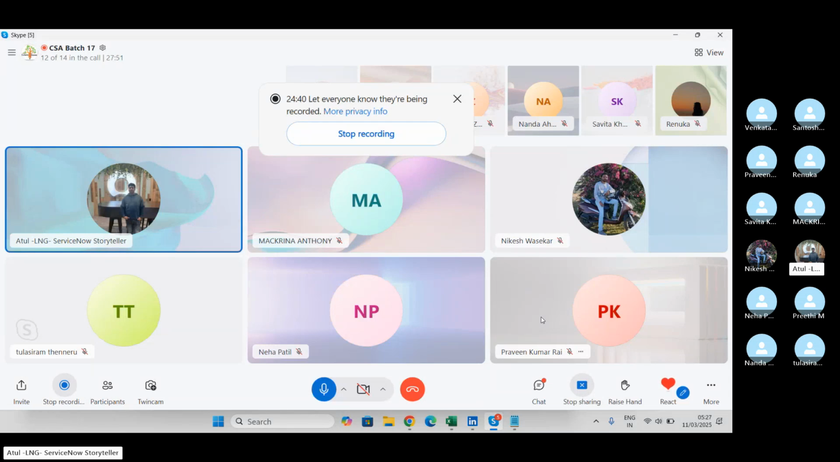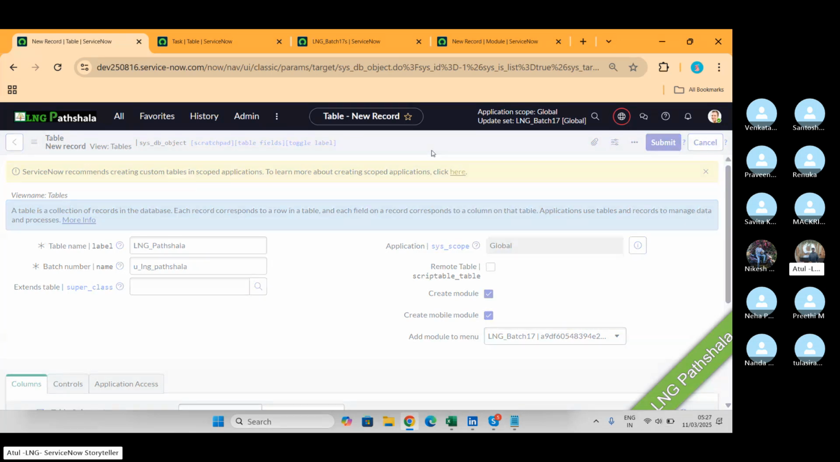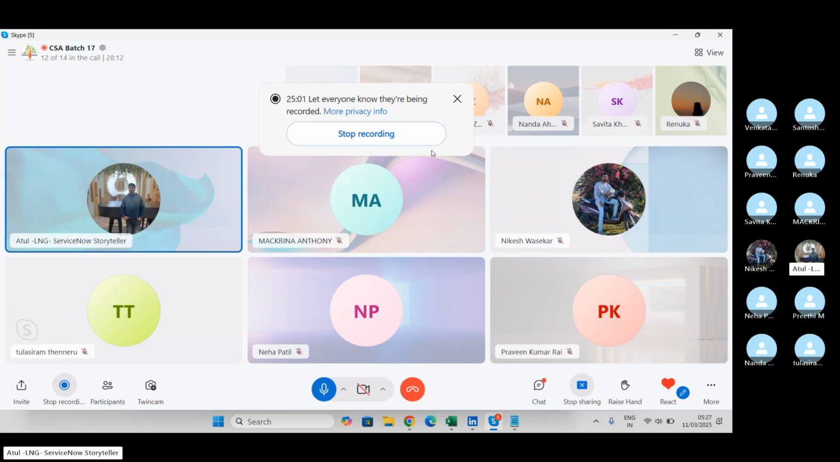The answer is neither 1 nor 0. The answer is 6. Let me show you. When we create any table in ServiceNow, either it is getting extended or it is not getting extended, six fields will get created automatically. And those six fields are,